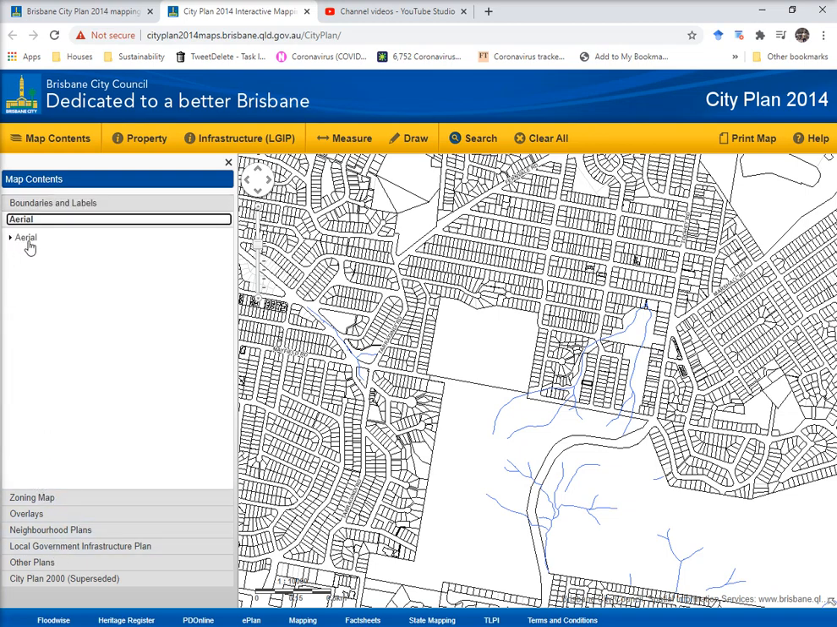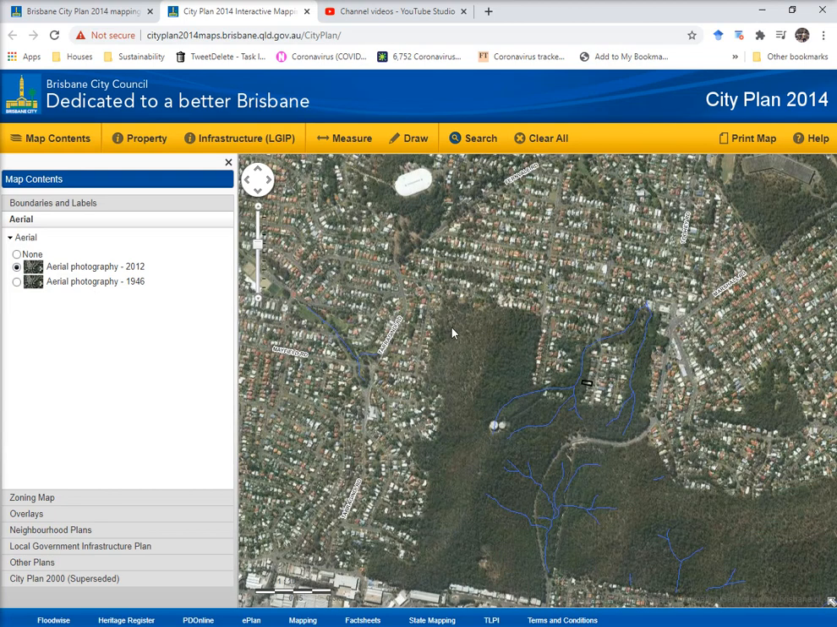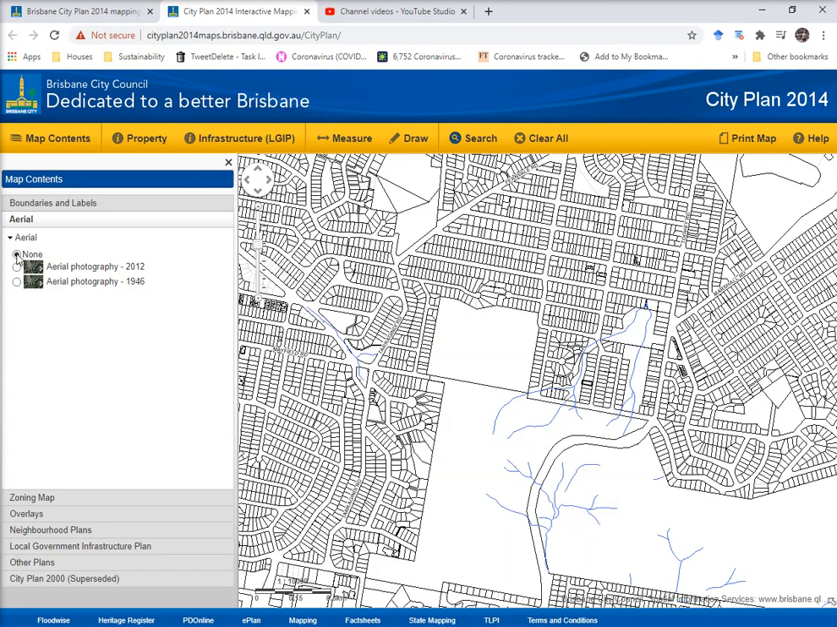You can put in aerial photographs, aerial photography. Let's put the latest one. And there's Toohey Forest. You might want to turn aerial photography off if you're going to look at it. So the most important things you'll look at, all of them, but as planners you'll look at the zoning map,